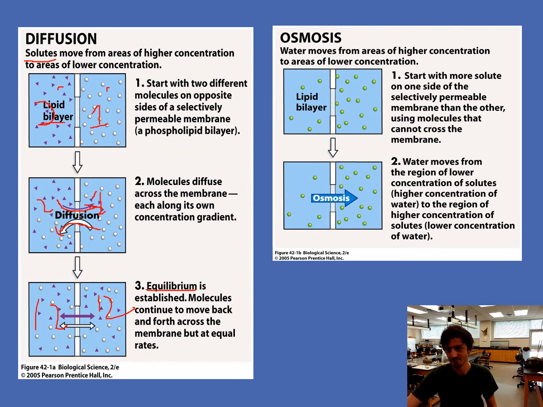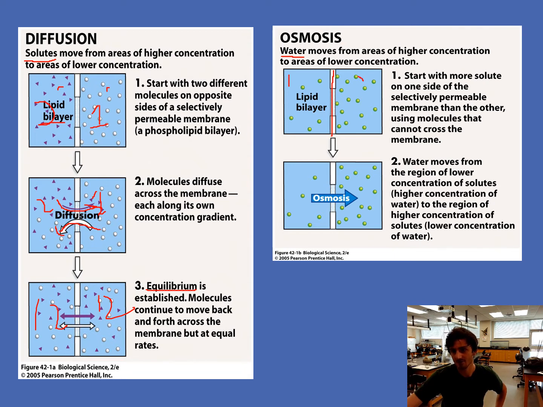I'm blanking on other solvents at the time, but water is the most important one for life on Earth. So in this case, we have 2 layers or 2 sides of a semi-permeable membrane. We have this lipid bilayer right here, where water can transport across freely. If we start with an area with lower concentration of solutes, which is right here, and then